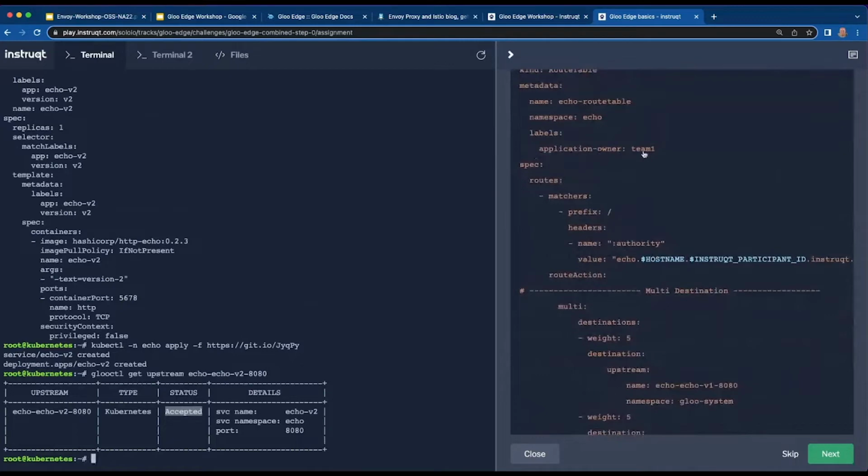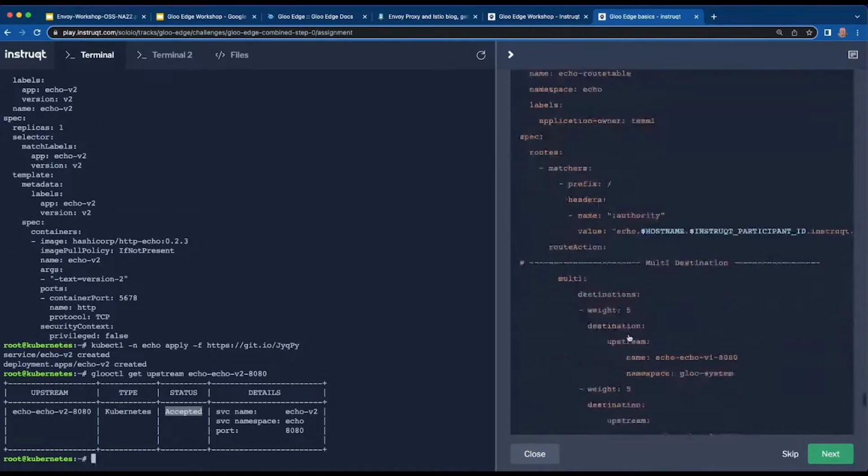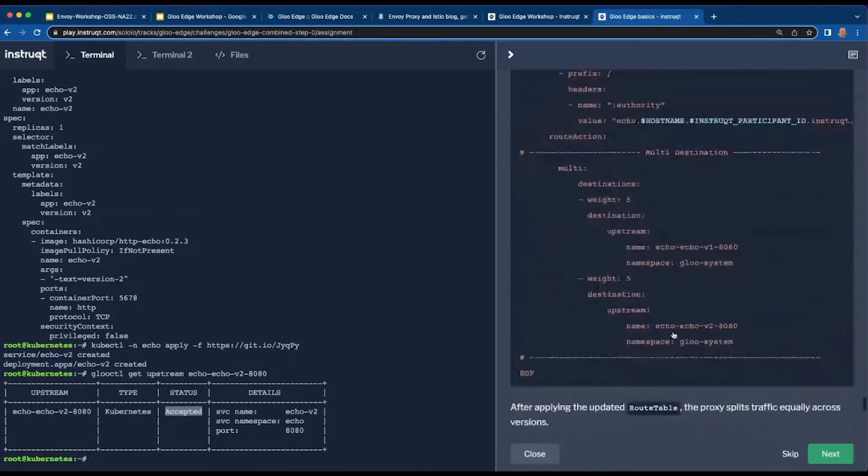You can see we're still delegating by selector, by label. But what we're going to do here is create a multi-service routing action. And so we have half of our traffic going to the V1 service, half of our traffic going to the V2 service,